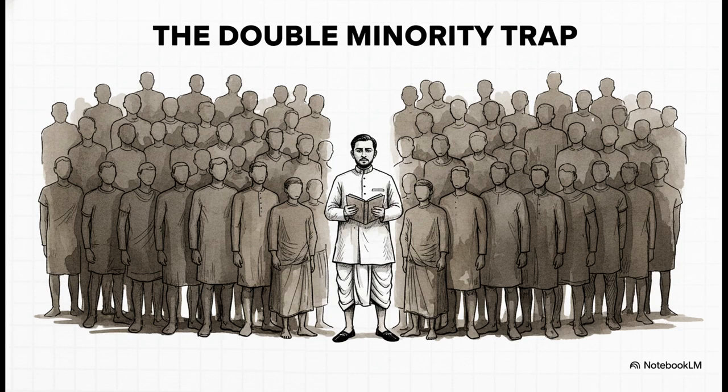This was the true dark brilliance of Lord Curzon's plan. At the time, educated, politically conscious Bengali intellectuals, who were mostly Hindus, were the ones really driving the national movement. They were writing, protesting, and organizing against British exploitation. By drawing the borders exactly like this, the British made those specific Bengali intellectuals a minority in both new states. In the east, they were outnumbered by the Muslim population. In the west, they were outnumbered by the populations of Bihar and Odisha. In one swift move, their powerful, united voice was completely fractured.